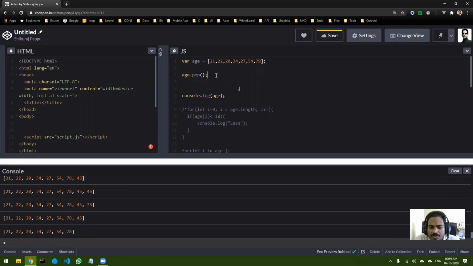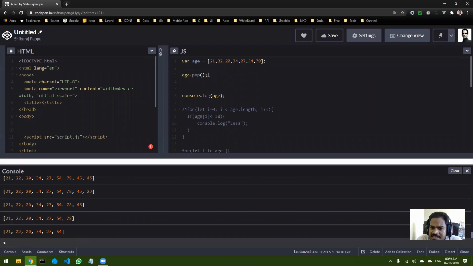If I do age dot pop, you can see it removes the last element. Like that you can keep on removing each and every element. So that is possible.